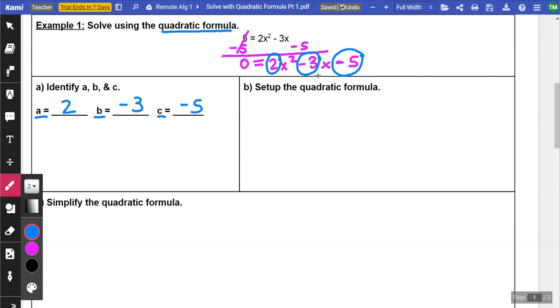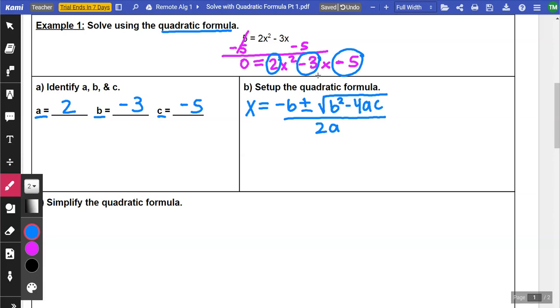So now that we have identified a, b, and c, we're ready to set up the quadratic formula. So I'm just going to write the quadratic formula to remind me what it is. The quadratic formula is x equals -b plus or minus the square root of b squared minus 4ac all over 2a. Now we're going to fill it in using 2 for a, -3 for b, and